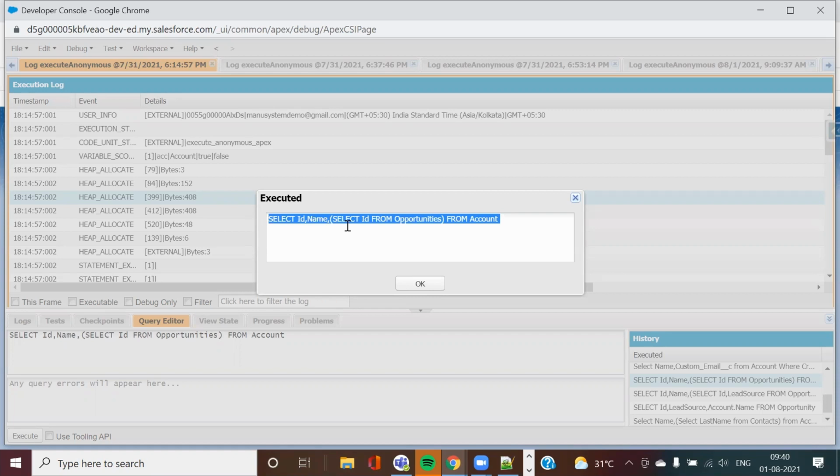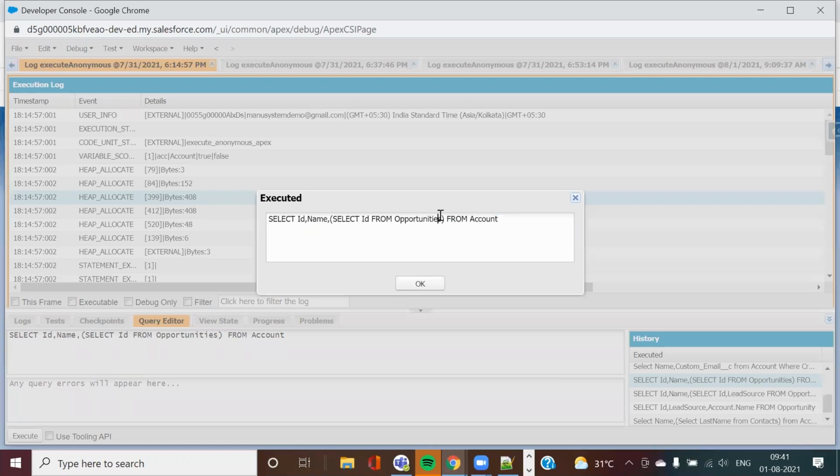And one more thing I forgot to tell you in the last session: whenever you have a parent and child query, the child relationship always has the plural label. If you see, in this query I'm querying on the account, and I'm querying on these child opportunities.